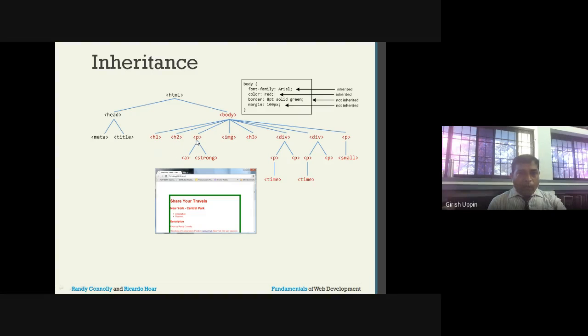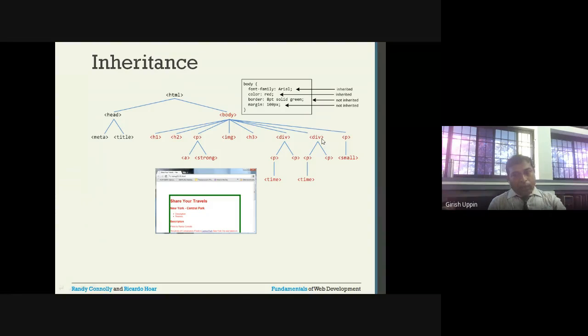Then I have a paragraph, and inside the paragraph I have a link, with a strong HTML tag. And also inside the body I have an image. Then after that I have h3. And after that I have a div, and inside the div I have two paragraphs. And in the first paragraph I have time.